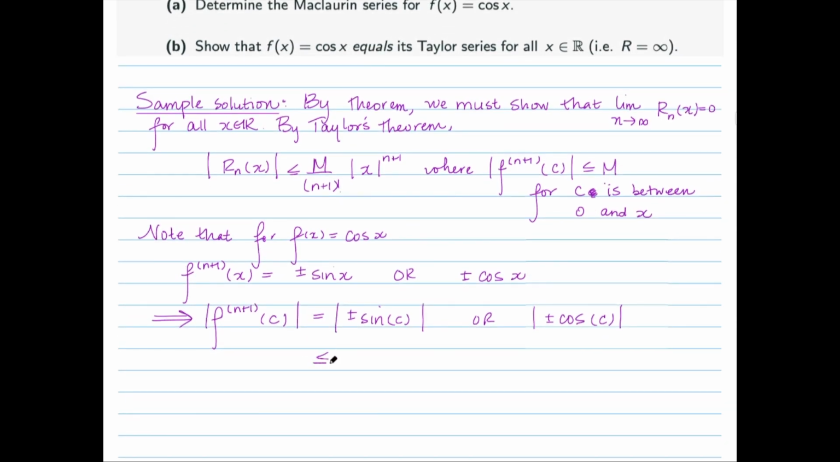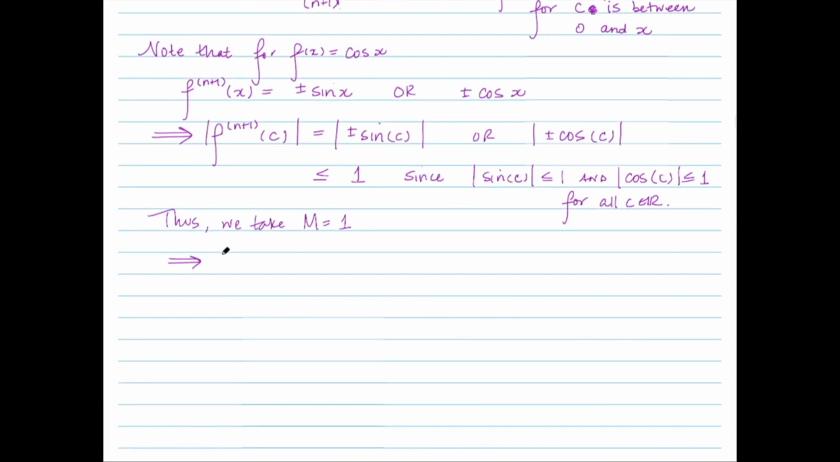And so that means that this has to be less than or equal to 1, because we know that the absolute value of sine is less than or equal to 1, and same for cos, no matter what c is. Right, because that's the range of these for all real c. So thus, we just take M equal to 1. And so what does that tell us? Well, it tells us that our remainder is less than or equal to 1 over, and this is me just substituting the 1 in place of the M,